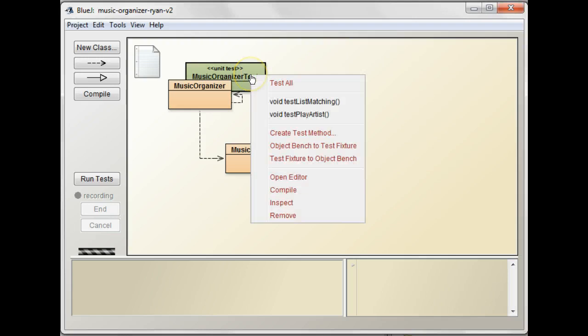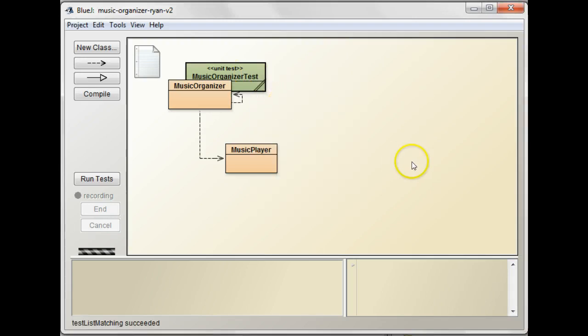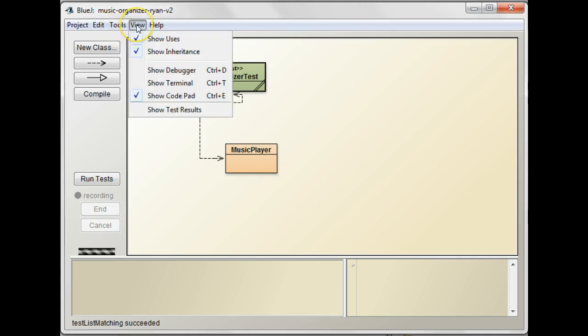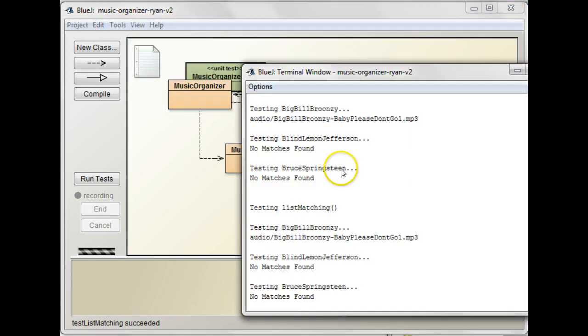Yeah, it does kind of look funny when we say list matching. Let me see my terminal here. Yeah, it's not finding any matches for these guys. So let's see